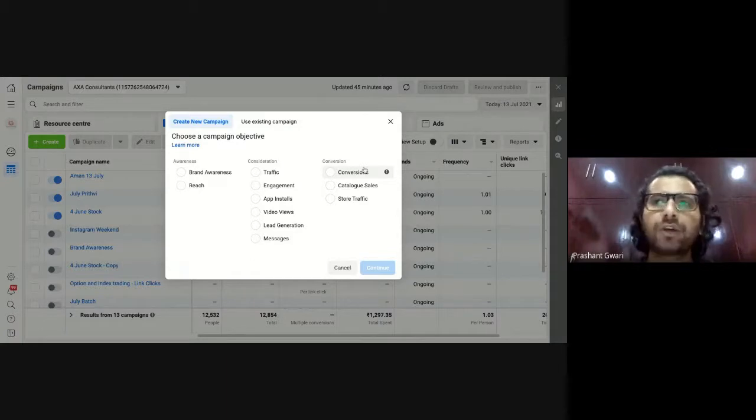If you go back to your previous lecture, we discussed the buyer's journey as well as the sales funnel, which are divided into the same three categories: awareness, consideration, and conversion. Same thing here. If you want to promote your content for the awareness stage, there are two types of campaigns you can run: brand awareness and reach.